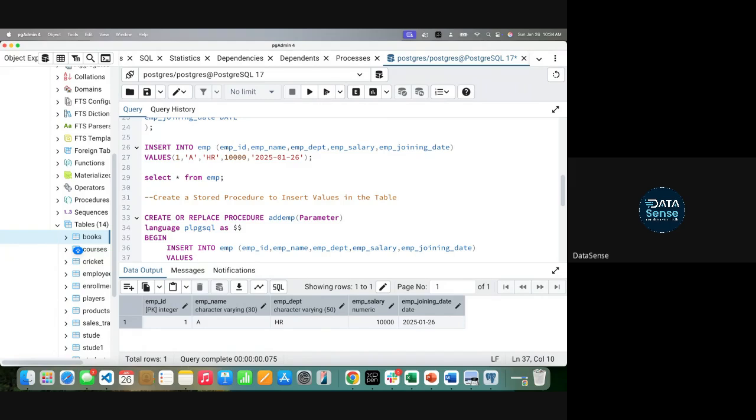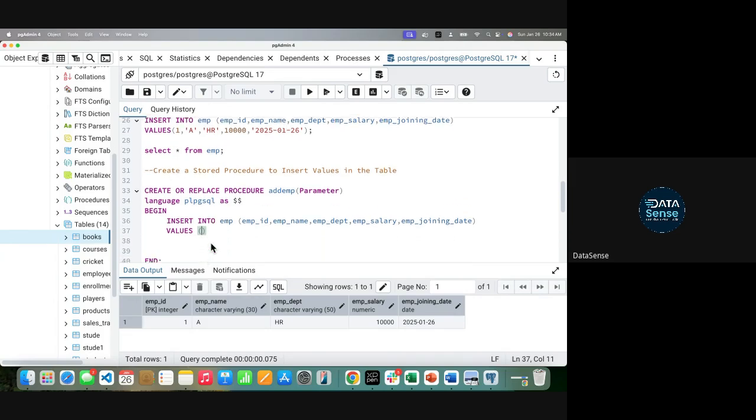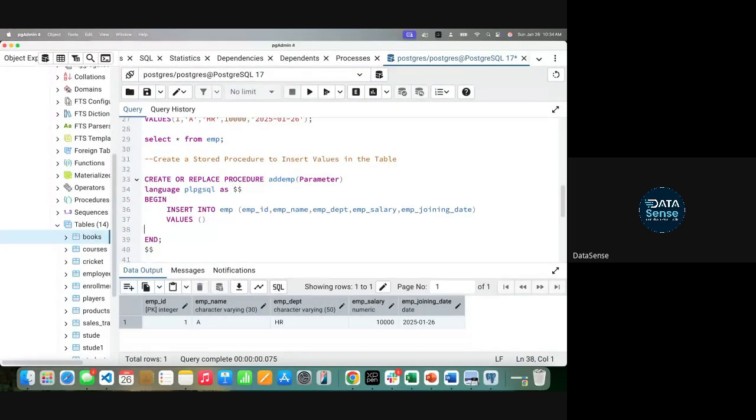Now these values, remember, which you are passing, need to come dynamically, right? Because you cannot pass employee 1 here, B here. Are you getting my point? So if these values have to come here, you need to pass them here as parameters.